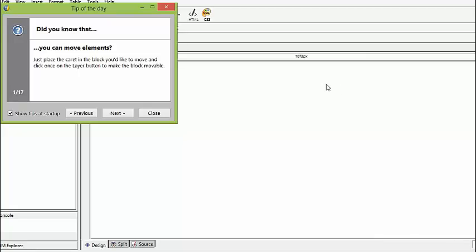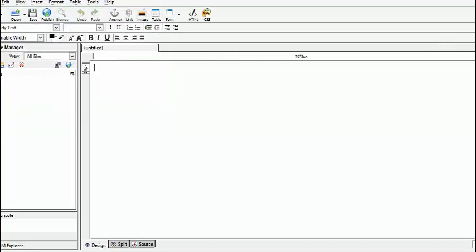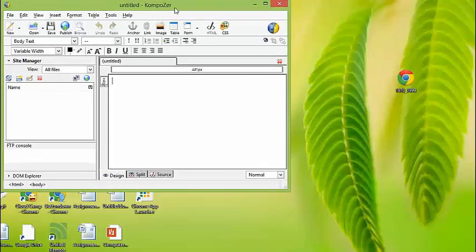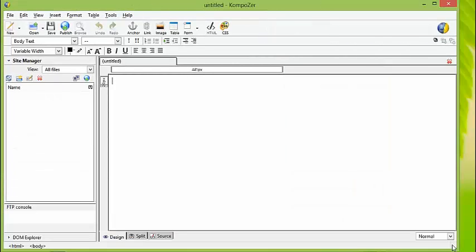First, you've probably noticed that when you open Komposer, you get a tip of the day. Did you know that? You can turn off this tip, but I recommend you read it, and if you have a moment, read a few more. Once you're finished, just click Close. I'm going to have to fix this window so that you can see it better. And now we're ready to